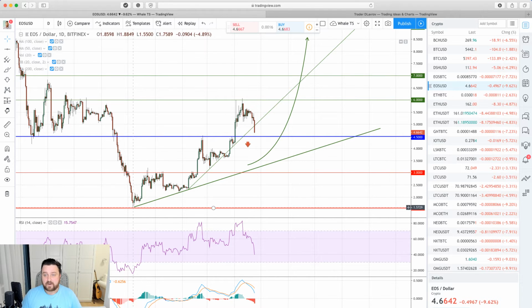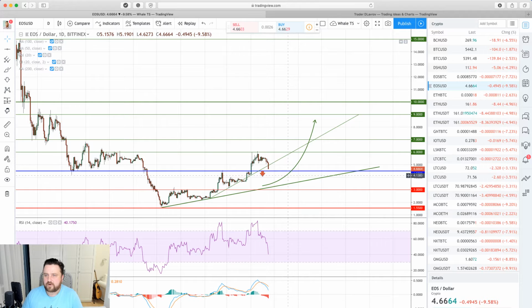So sometimes a correction can be sideways, and sometimes the market can move in the opposite direction. Here we have a correction which is not a sideways movement. Price reached the 6 level, bounced, and